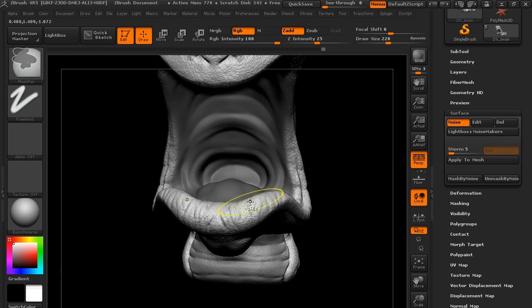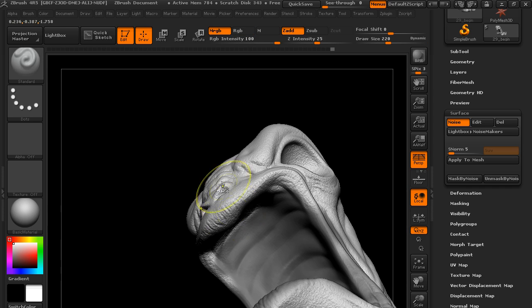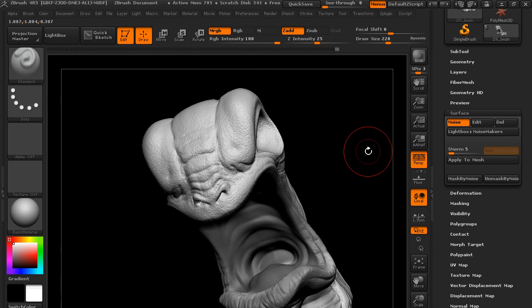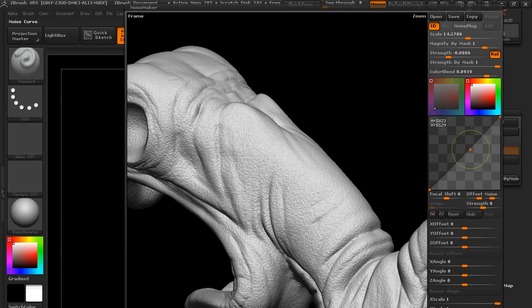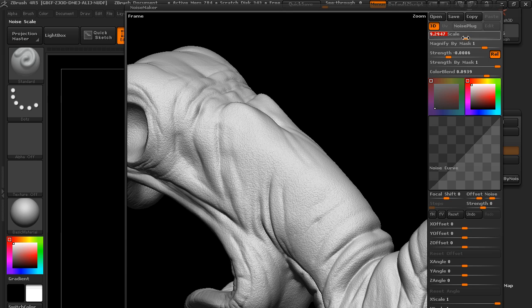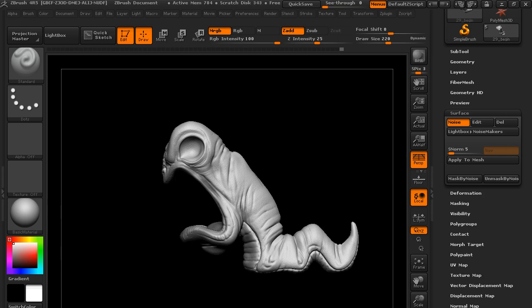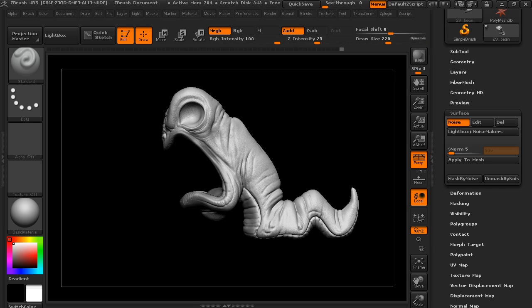I don't want it to be on the lips, let's say, so come in and just mask out the lips, and just anywhere that you don't want this bumpiness to happen. All right, and I think overall I also want to make this a little bit smaller. So I'll take the scale down a little bit, say OK to that. So once we're happy with the noise,